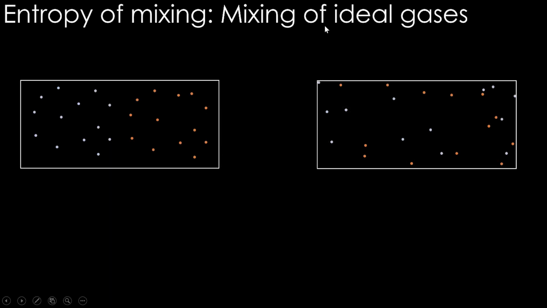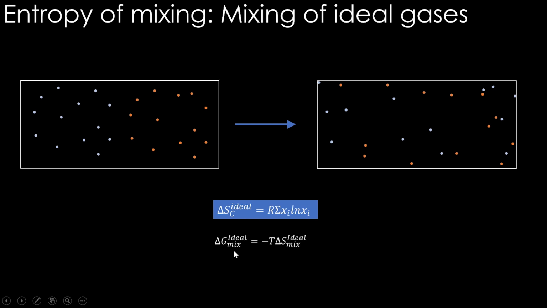If you consider the case of entropy of mixing that we saw in the last class, where mixing of ideal gases happens, when they are separated and the partition is removed, they will end up in this final state. So obviously the natural process goes in this direction, and we derived the configurational entropy of mixing from the Boltzmann equation. The Gibbs energy change of any ideal mix is minus temperature times delta S mix, because there will be no delta H mix. In that way, the Gibbs energy change depends only on the entropy change. That's what drives this mixing.